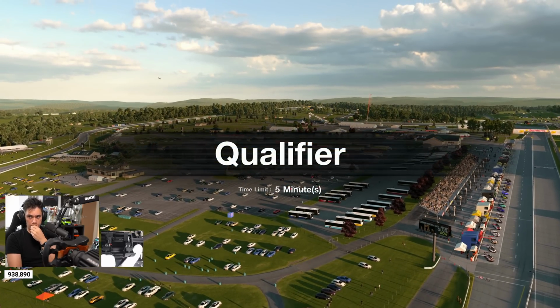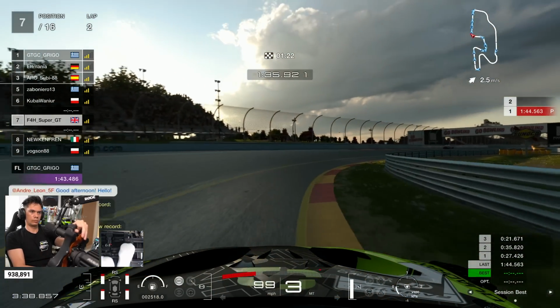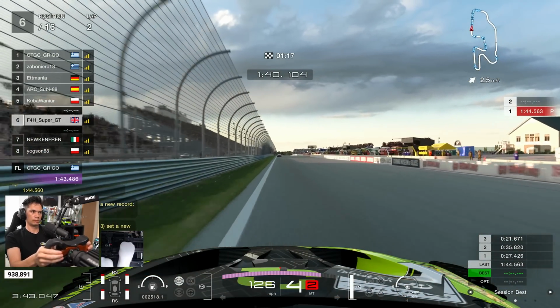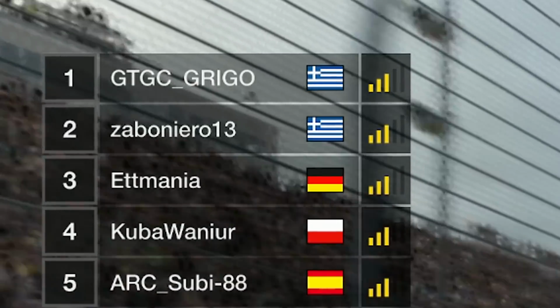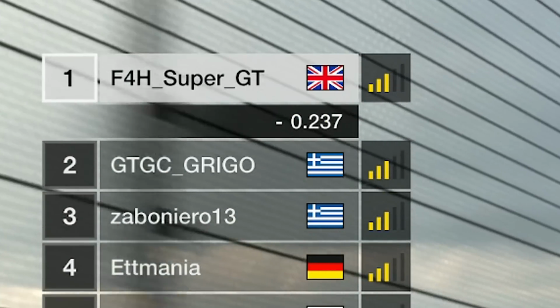Yes, here we go guys. The qualifying session of attempt number 1. Through the final corner here at Watkins Glen. This was a pretty good opener to the session. As you can see, we're going to immediately go onto pole position, at least for about 5 seconds before this